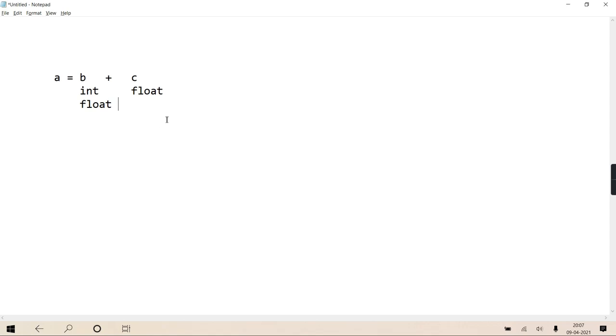That is called type coercion. Coercion means forcing someone to get converted from one type to another. So the interpreter forcibly converted it into float, then float plus float, addition done. The result is float, and that will come in A. Is it clear to you? I hope it is clear. So this is which type of casting? Implicit casting.